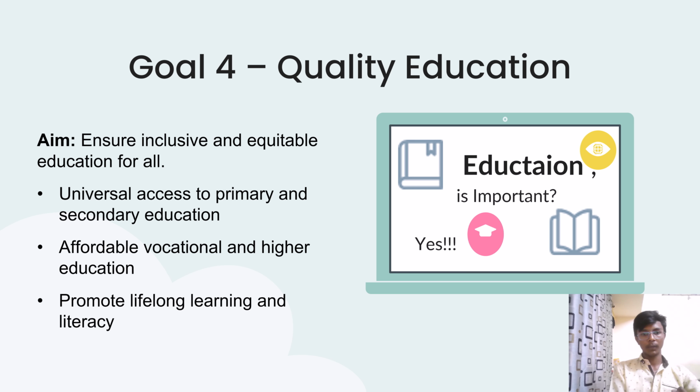Universal access to primary and secondary education. Everybody should get access to primary and secondary education, up to 10th standard, everybody should get quality education. Up to 10th standard is the major thing we should get. After 10th, the student decides what to do next, and whether he needs an education or not. That depends on the student,